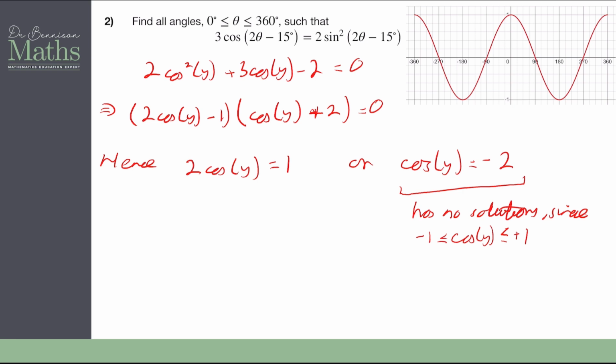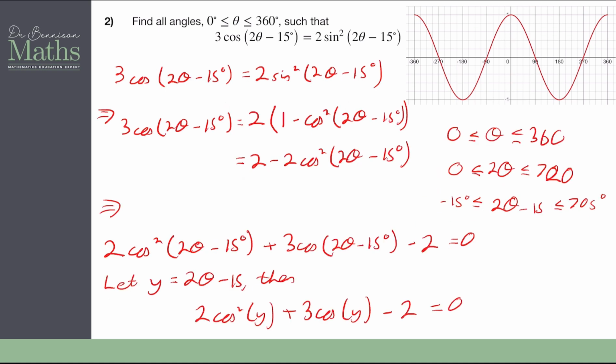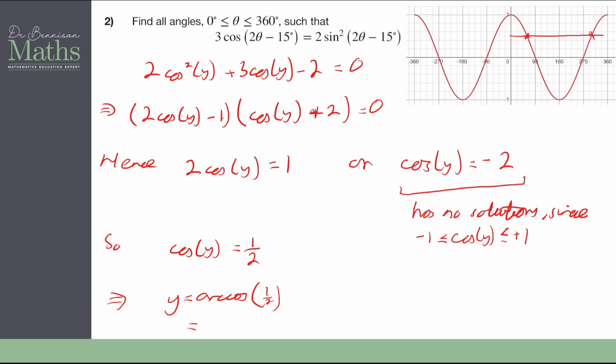So using the other one, cos y equals a half. So if I think about my cos graph, going between a half, I've got a line here essentially. So I've got one here and one here. We also know that y then is arc cos a half. And in the range that we're looking for, remember we're looking between minus 15 and 705. We are going to have 60 degrees,